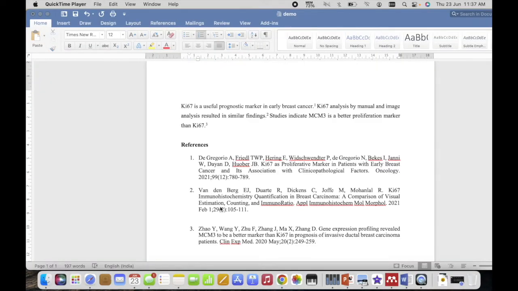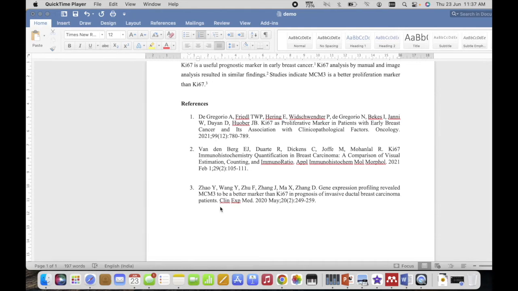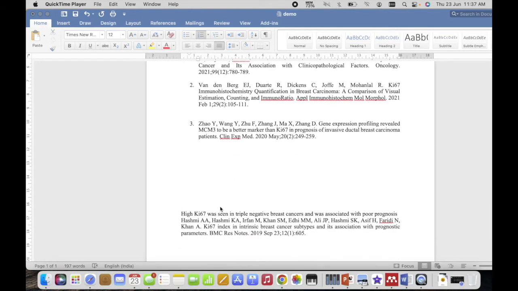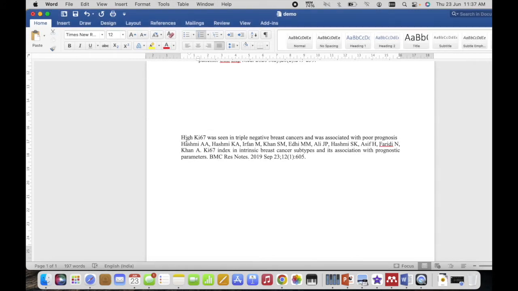So this is the routine way of how we use Word and we prepare our references. Here I have 3 lines and 3 references, and now I want to add this 4th reference. I want to add this reference between the first and the second line. So what I would normally do is copy